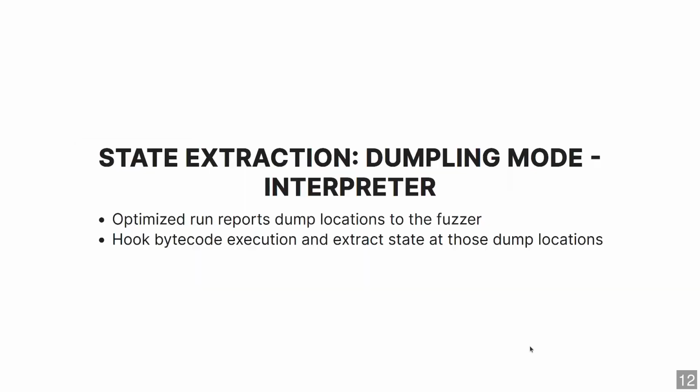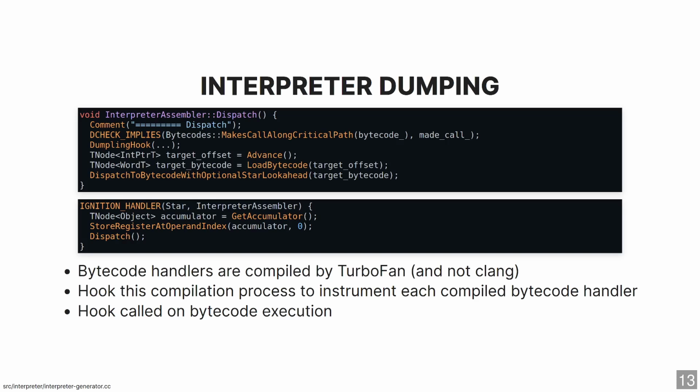Now it's cringe. On a more serious note, how do we do the state extraction in interpreter mode? Basically, we first run the optimized execution, know which bytecode offsets we are interested in, and then hook these bytecode instructions. That happens because every bytecode instruction has a handler which ends up calling dispatch, and in this dispatch we call our dumpling hook, which then just parses the C++ object,